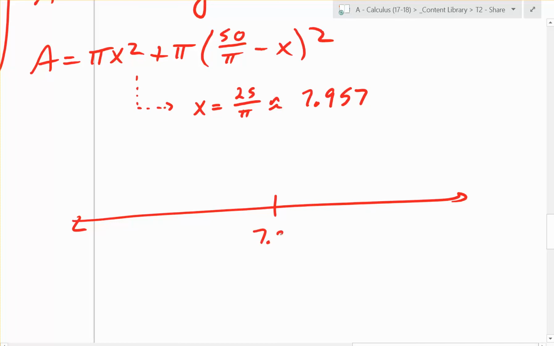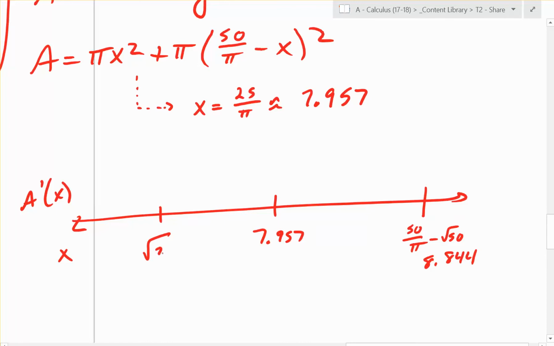So that's our value that we want to check here, and we need to use a sign diagram, which is 7.957. This is the x values, and this is going to be f prime of x right there. So we know that the max x value was this 50 over pi minus the square root of 50. That's the max x could be, which is about 8.844. We know the minimum is the square root of 20, which is